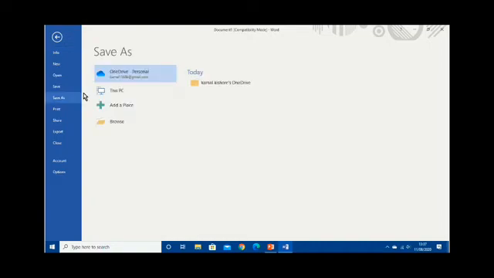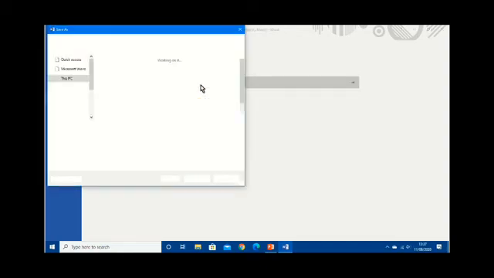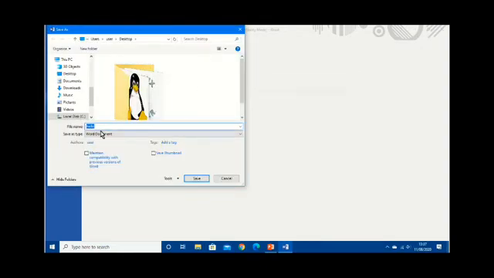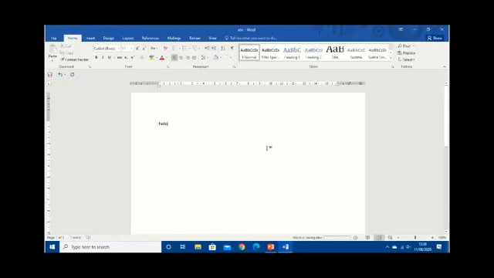Click on save as. This PC is there. Place, define where you want to save. I selected desktop. Here I will put the file name. Suppose ABC. I will type here ABC and I will click on the save button. So my file is saved now. Look at the screen. The title bar shows ABC Word at the top.